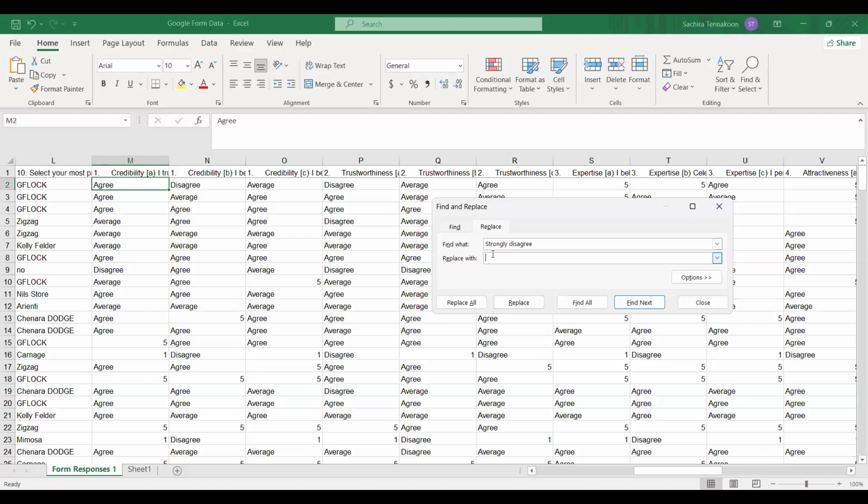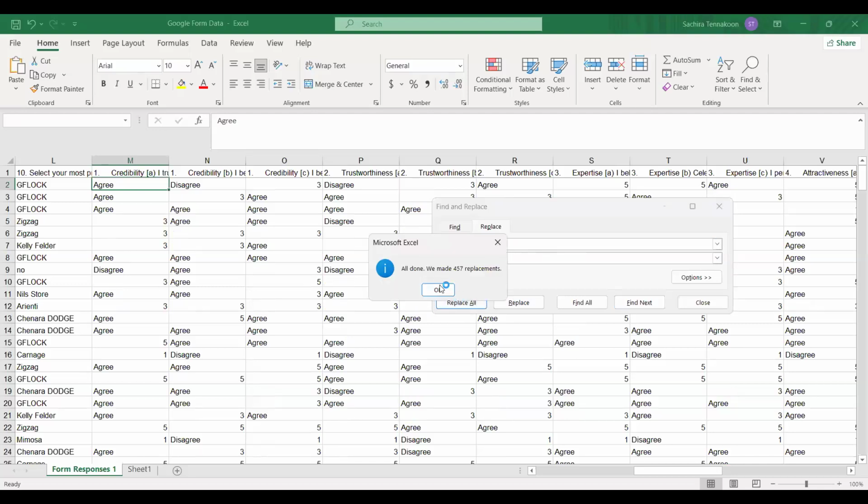So we'll be replacing average. Right? This is the number of replacements that has been done. Then the remaining two values, right? 2 is for disagree.